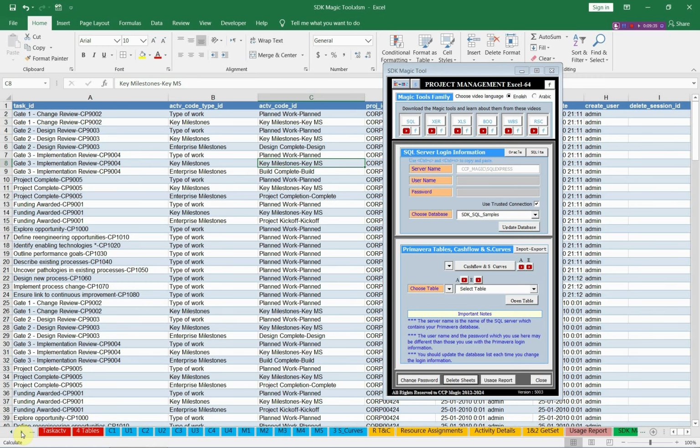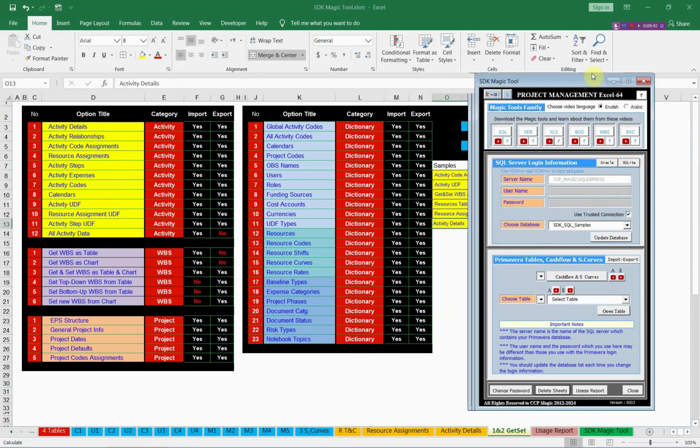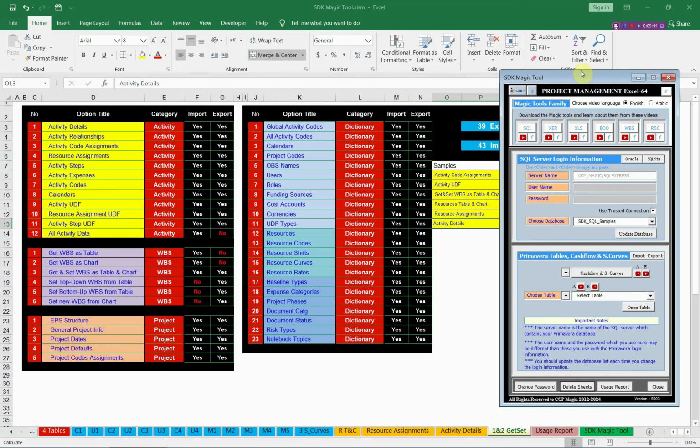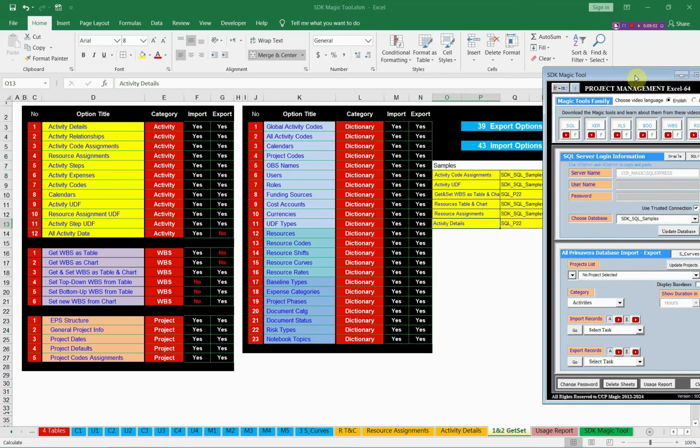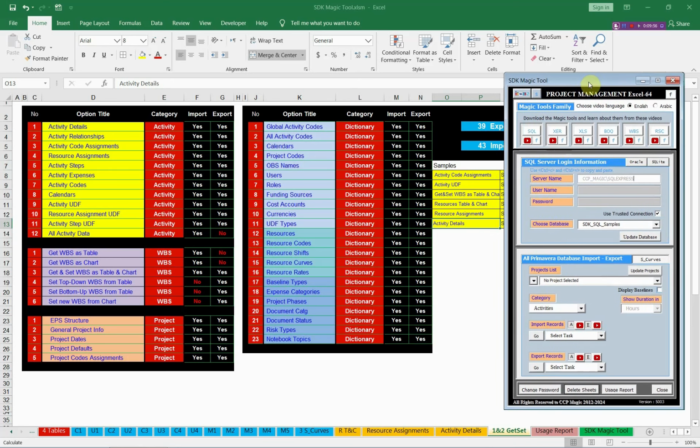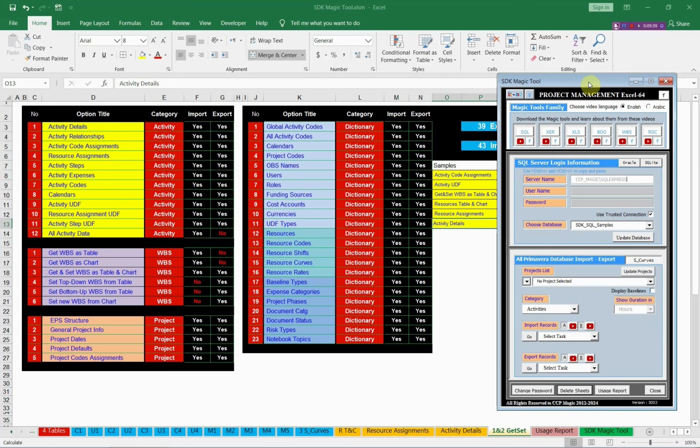Let us go back to the first and the second divisions of this new SDK Magic Tool. As we see, these are the import and export options in the SDK Magic Tool. Let us shed light on some features of the SDK Magic Tool and how it will make it very easy for you to understand your projects and to import and export data to Primavera. For example,